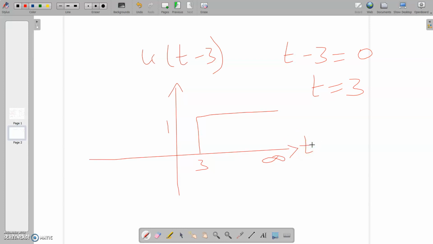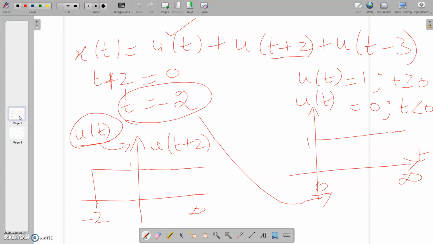So, now what we have to do? We have to add all the 3 signals. So, what are all the signals we have? We have to add u of t, and then u of t plus 2, and then u of t minus 3. Okay. So, first let me draw all these signals in the same plot so that we can add all these 3